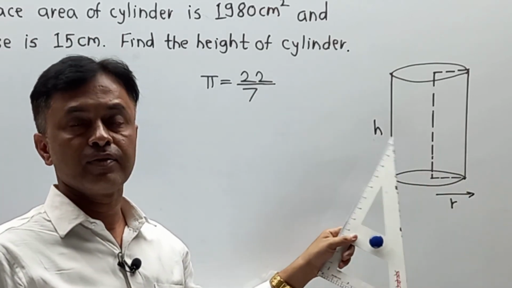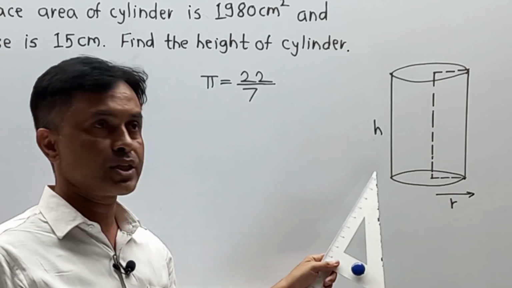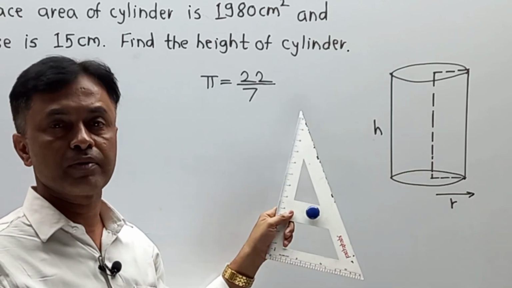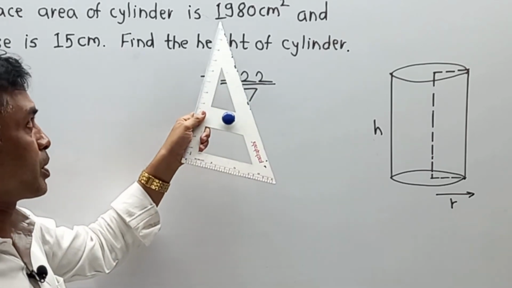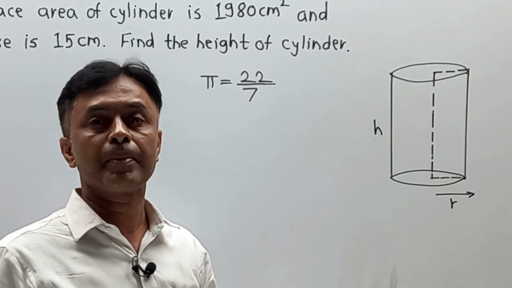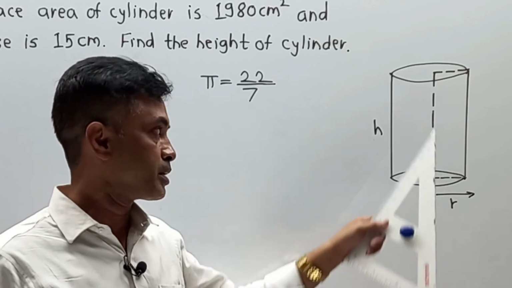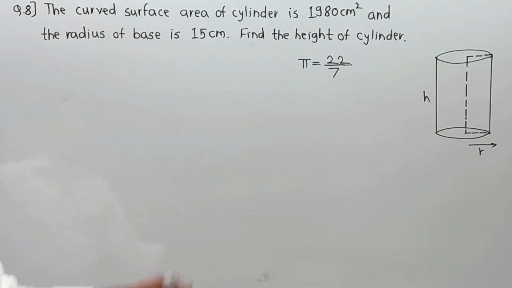In this case, first of all, we are going to write the formula in which r is known, h is unknown, the value of pi is 22/7 given by them, and the curved surface area of the cylinder is also given, 1980. Putting those values, only h is unknown, and by mathematical calculation we can calculate it. So I am going to do the calculation, please pay attention. So the answer is,